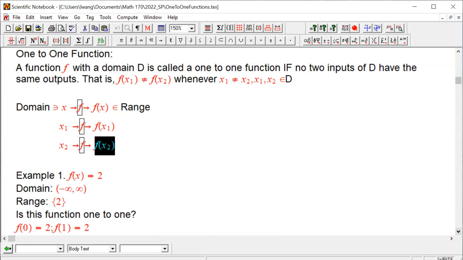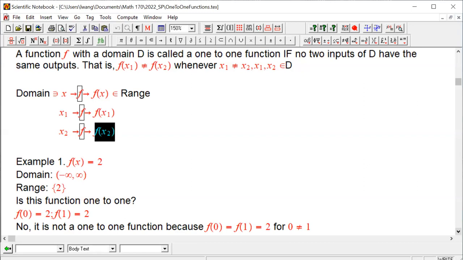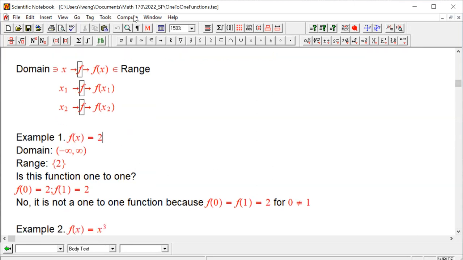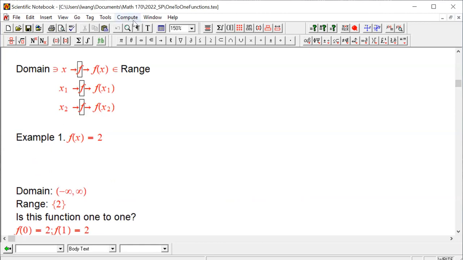So let's look at some examples, right? The first example is the constant function we did last section, f of x equals 2. We talk about the rule of this function. The rule of this function basically says the domain is all real numbers, from negative infinity to positive infinity, right? And we choose an input from the domain,